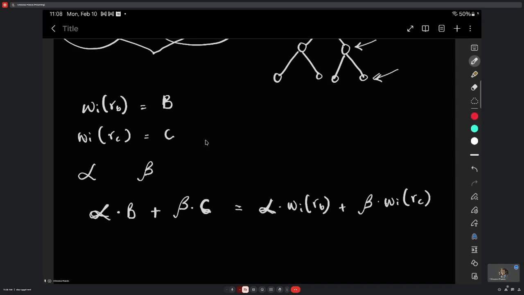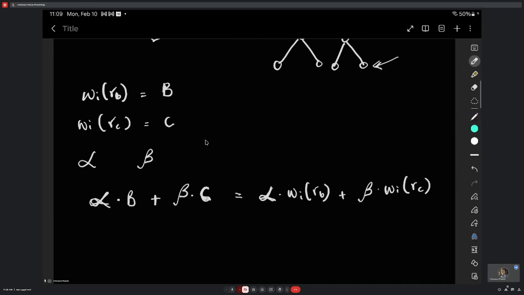Let's say we evaluate it at RB, and then we also evaluate that polynomial at another different random value, to get C. When we evaluate that polynomial at RC to get C, if we multiply alpha times the result we got and add it to beta times C,